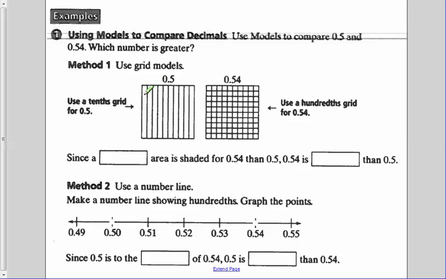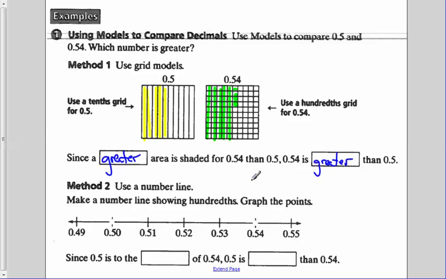There's one method to use. So we have 5 tenths, so I've got 1 tenth, 2 tenths, 3 tenths, 4 tenths, and 5 tenths shaded, compared to 54 hundredths. And each one of these columns right here is 10. So I've got 10, 20, 30, 40, 50, or 5 tenths. And I've got 1, 2, 3, 4 tenths additional. So when I compare the two, since there's a greater area shaded for 54 hundredths than 5 tenths,